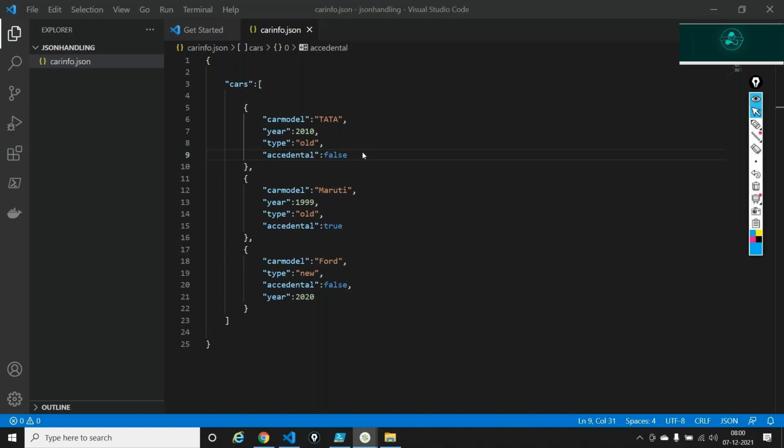Okay, guys, so that's all I had for today. And tomorrow we'll see. I've filtered out things like car models and everything. Tomorrow, let's store information about a storage account, the resource group it should sit in, and how we create something like this. That's the end goal. We're not really here to look at the car models. This is an example of a JSON. Now instead of the car model, can you have the storage account name? Instead of, let's say, the type as old, can you have the type as LRS? Instead of something like accidental, can you have something like